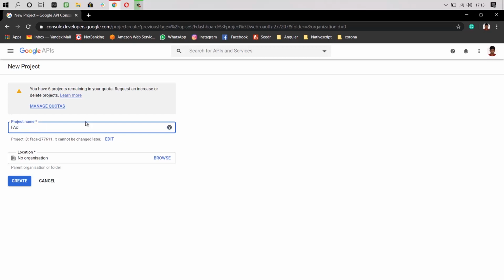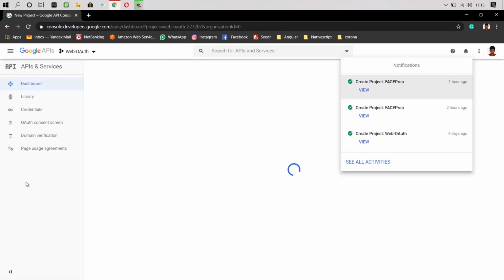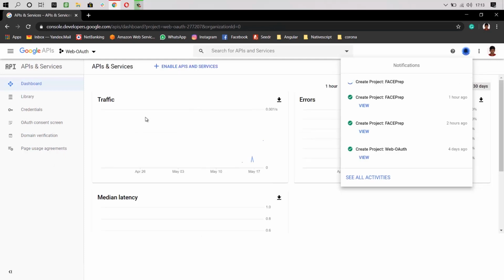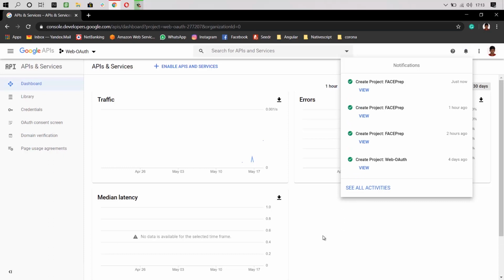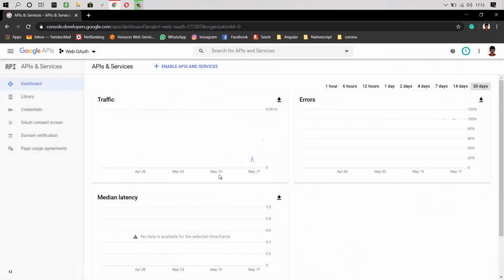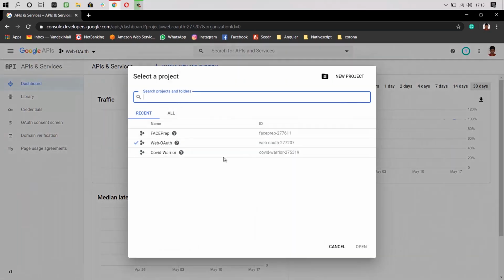I am giving FacePrep and click create. It will take some time and create the project FacePrep. Once this is done, click the drop down and select the project which we have created now. So I'm selecting FacePrep.